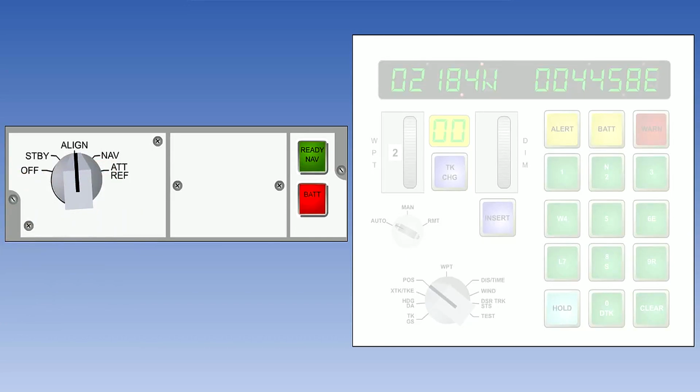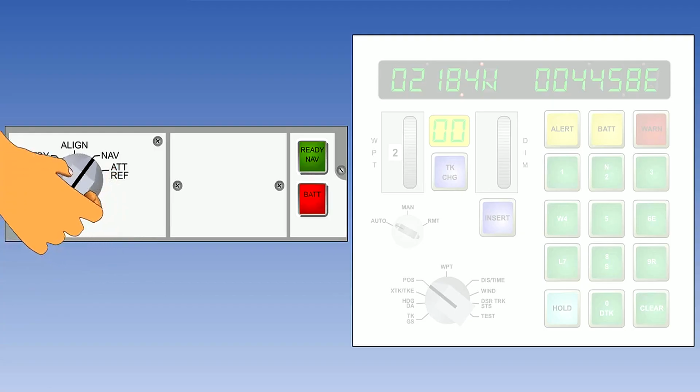Alignment may take up to 17 minutes, and the countdown starts when the switch is set to align. Alignment is then under automatic control by the computer, and no further aircrew actions are required until it is complete. On completion, the MSU green ready nav light will come on. After this, the crew will switch the rotary selector to nav when ready to move.